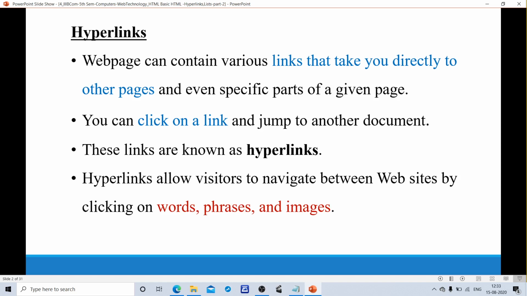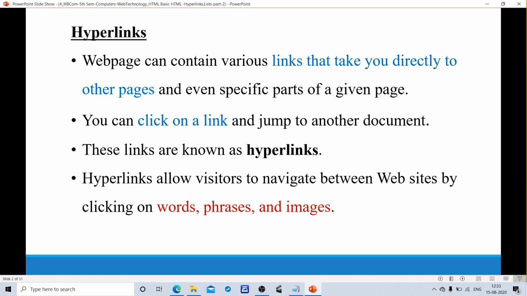A web page can contain various links that take you directly to other pages and even specific parts of a given page. You can click on a link and jump to another document. These links are known as hyperlinks.